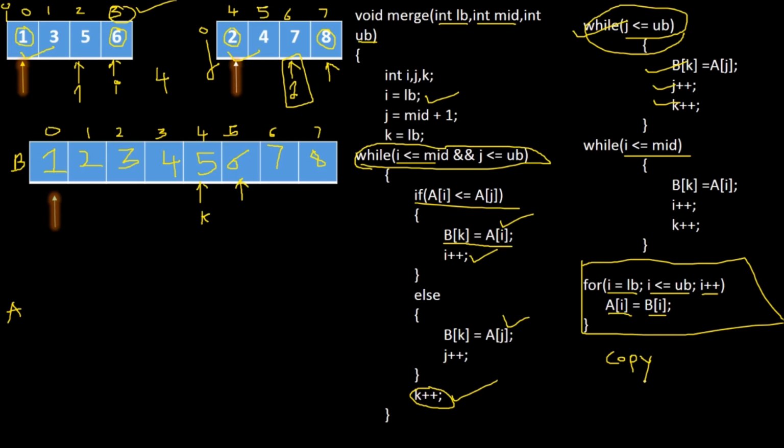So in this way the merging of small arrays into a larger array is done. While merging we have checked whether the element is smaller or not, and if it is so then only we have copied, otherwise we have stayed there until we found the smallest element. So this is the simple logic of merge sort.